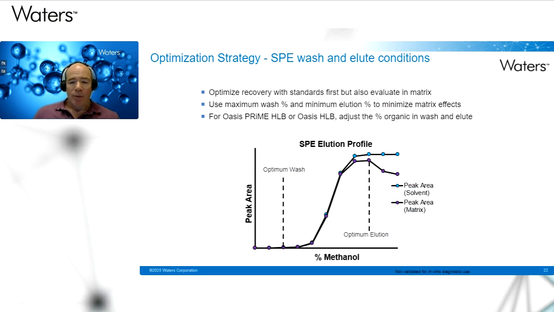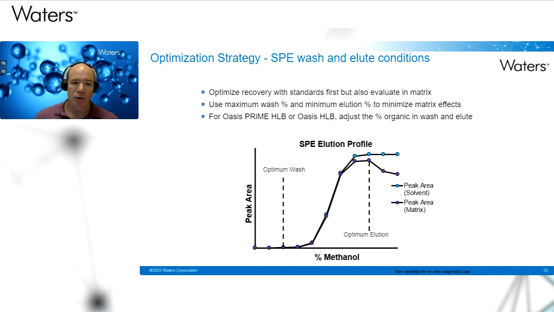So I mentioned that we may want to modify the wash or the elution, and this is the sort of thing we're looking to do. Whenever we're doing an optimization strategy, we want to look at not just a single condition at a time, but multiple conditions over time. Not pH and organic content and all that at once, but change one thing systematically.